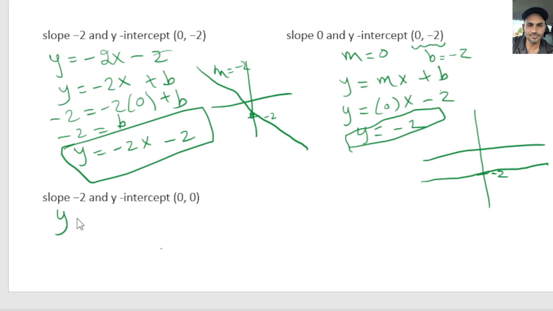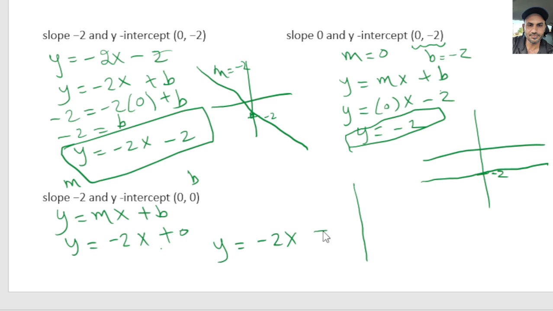So y equals mx plus b. Your m is negative 2 and b is 0. So if we plug in here, we have y equals negative 2 for m, x, and 0 for b. Y equals negative 2x plus 0. Once it's 0, we can drop it off. So this one would look like a line that has the intercept at (0, 0), so no separate y-intercept, or it goes through the origin. And we have a line that would go more like this right here with